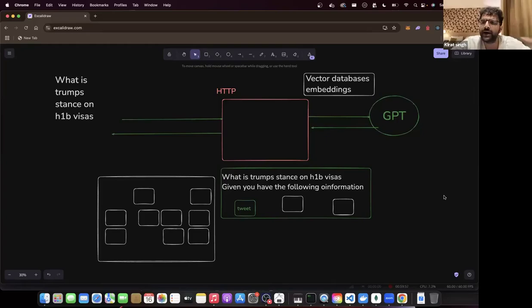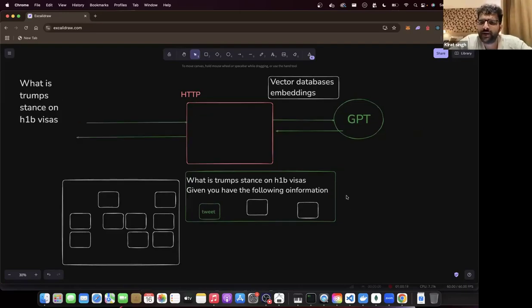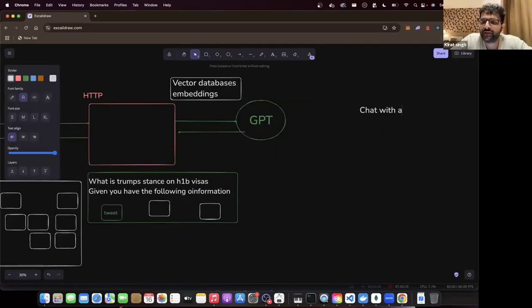How many of us understand embeddings and vector databases? This is the actual answer to this. This is how it is done. But do we understand what are vector databases and embeddings? मैं brief दे दूंगा. But I just want to see how many of us already know this. Do we know embeddings and vector databases? If you've already built chat with a PDF, you know. Okay. 90% say no.